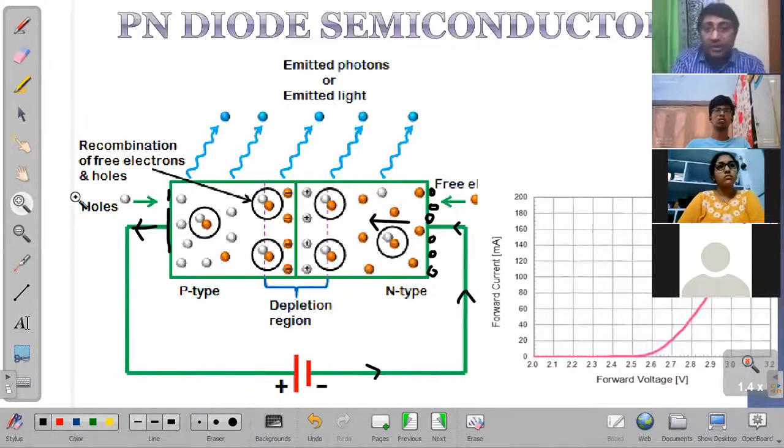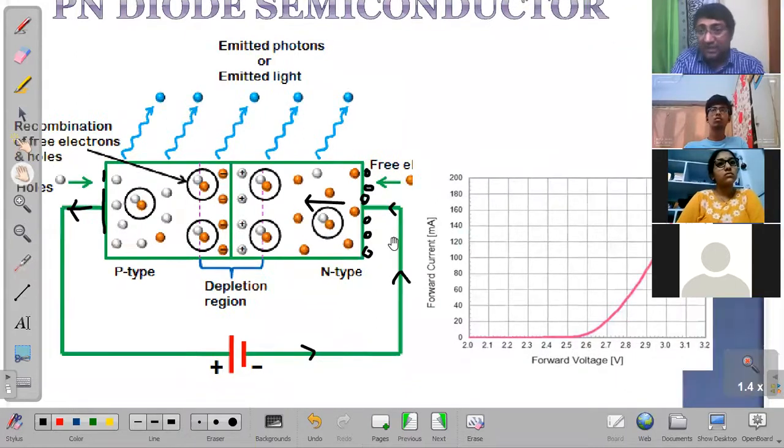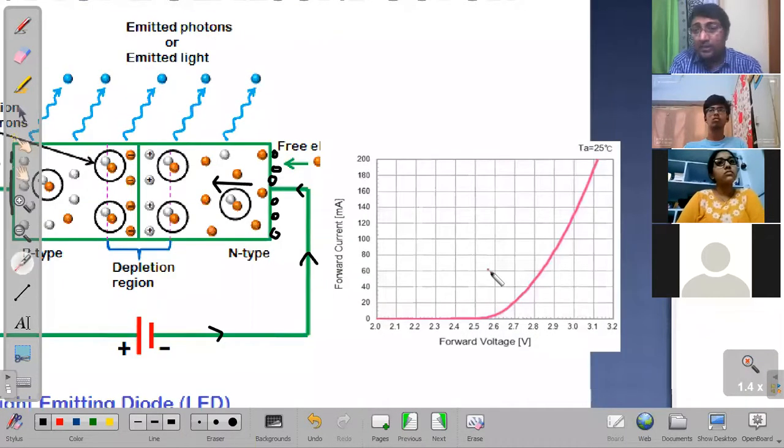When you supply more energy, this depletion region is decreasing, and more electrons will tend to flow through that region, and they'll travel to the other side. At that particular location, you're seeing that the curvature of the graph has reduced quite a bit, because these are relatively low resistance regions. You keep on doing it, this graph will continue further, and the electrons can move really fast over there.